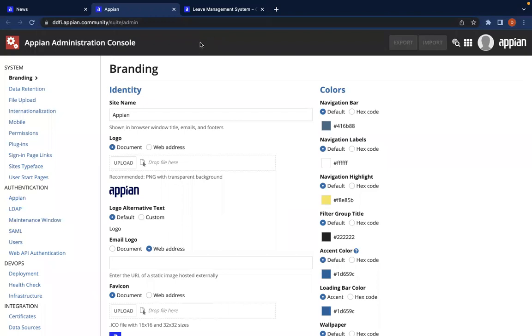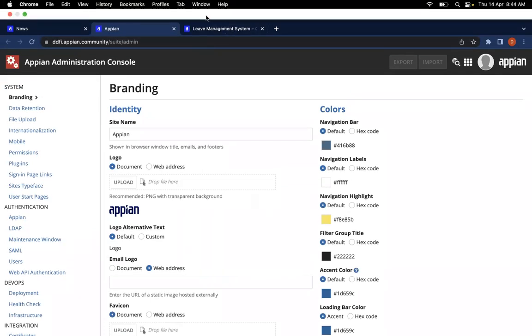For your query, you can easily learn Appian, and it is not only for a particular sector. You can build any application in Appian. I hope I answered your query. Yes, thank you.